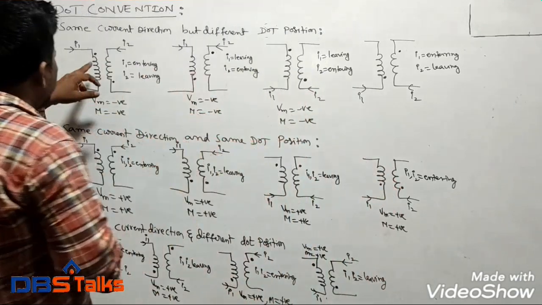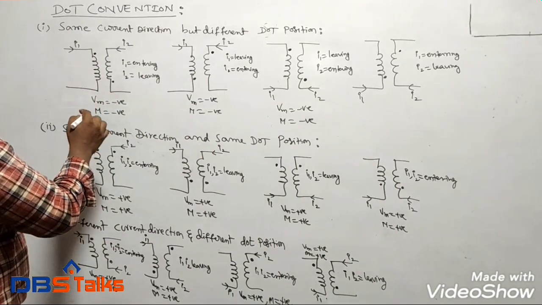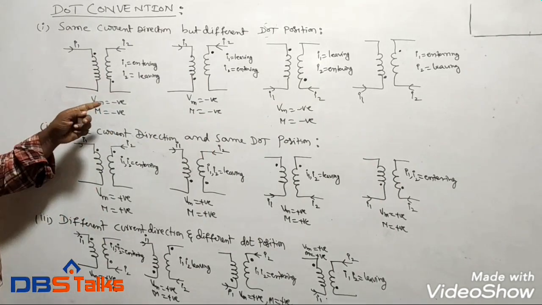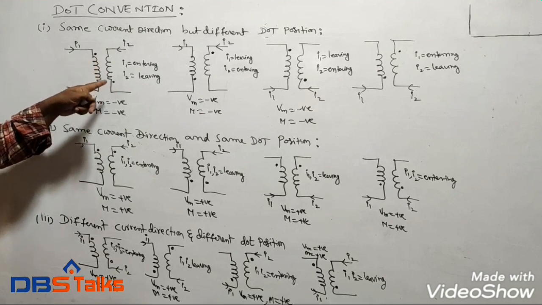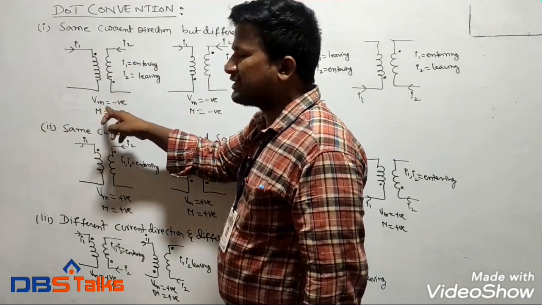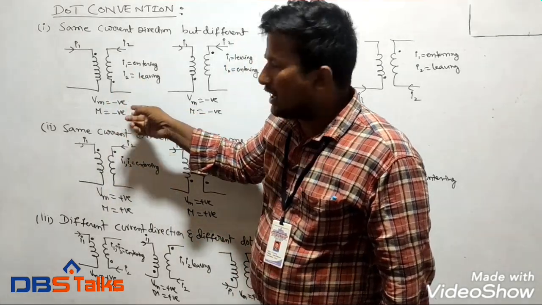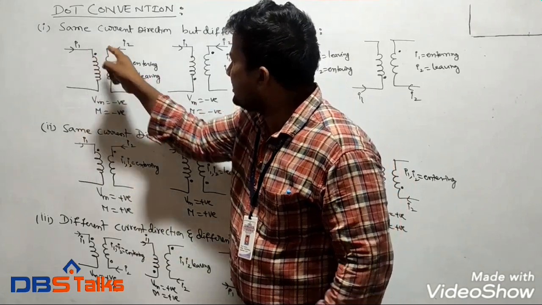So at that time, these two dot positions are different to each other. That means here entering, here leaving. That's why the voltage induced in the secondary coil must be negative, and also the mutual induced EMF between these